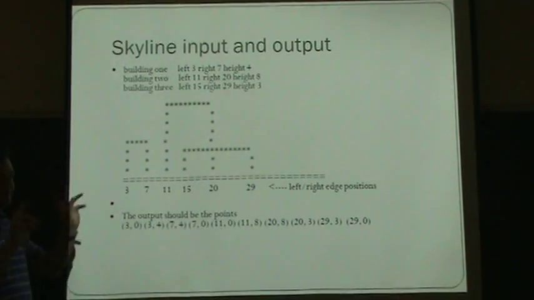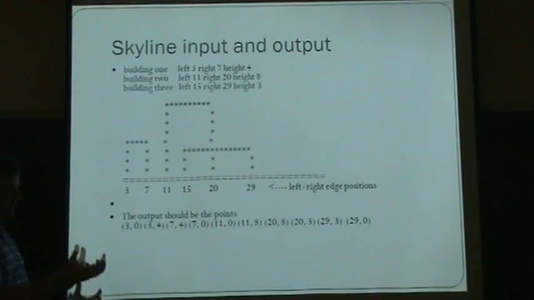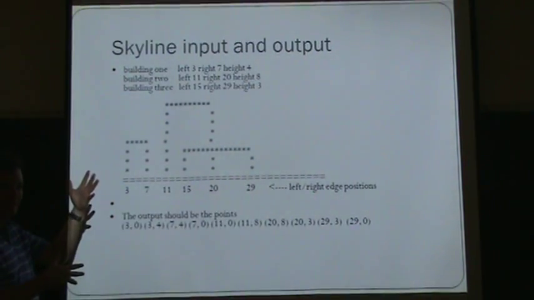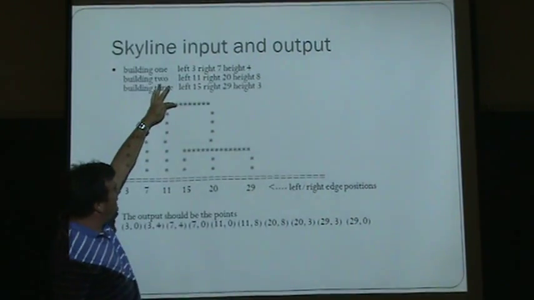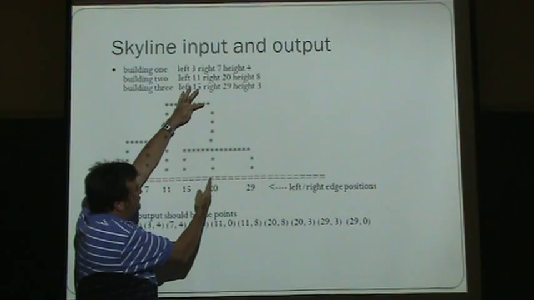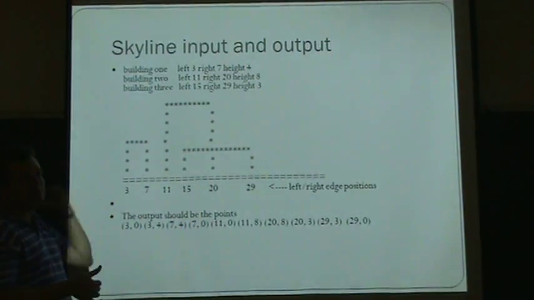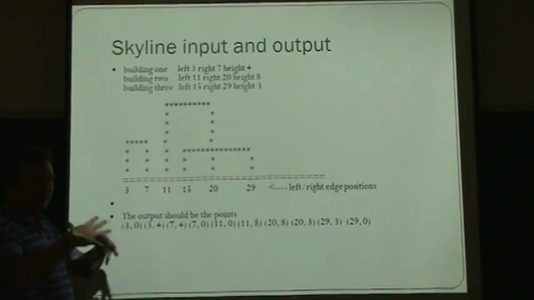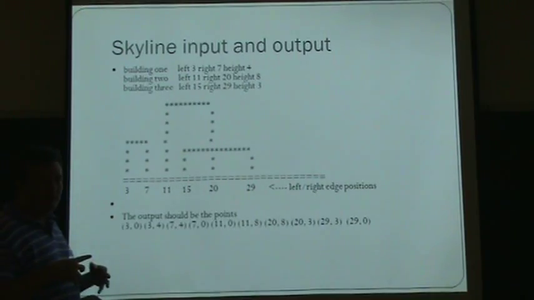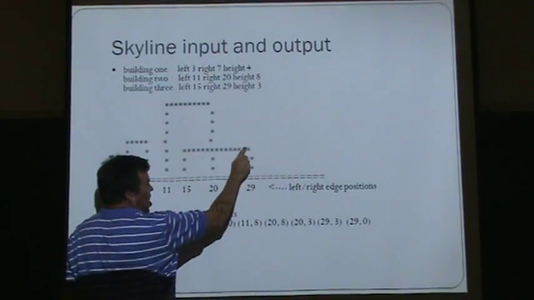Now a new building comes in, whose height is 4. So this data structure, which is kind of vague tonight, has 2 buildings, and we ask the question, which one is the highest? And it keeps telling us 8, 8, 8, 8, 8, 8. No new buildings have joined our list. Then this building ends, so it pops out of our data structure. We still have all the other buildings that happen to be there at the moment, and we ask, what's the tallest building? It says 4, and then we go 4, 4, 4.